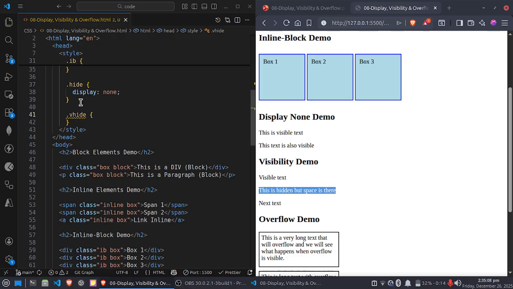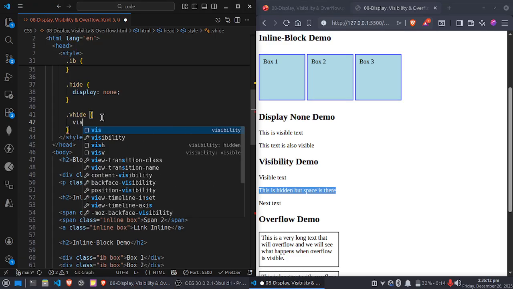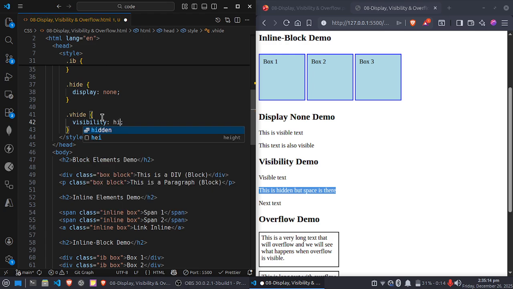When I write visibility hidden, see, that's magic. The element is invisible but the gap is still there. So the layout does not collapse, but the element is invisible. But when I set display none, the element is invisible, meaning removed, and the space is also removed from this